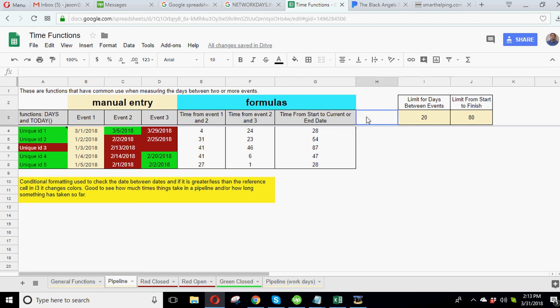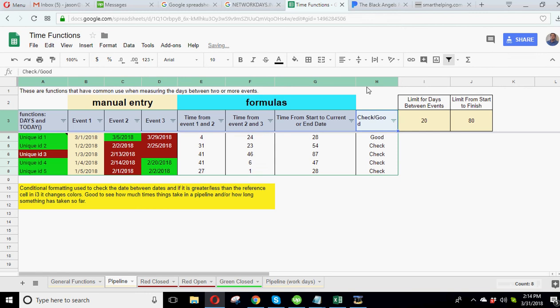For example, we could add a helper column here that says, if the total time is greater than our end date threshold, then we'll say check, otherwise good. And you could just run this all the way down to the bottom, and then you can run a filter. You could just simply filter this, and we'll keep this in here for now. And you want to see only,